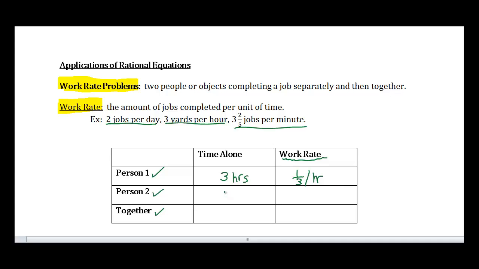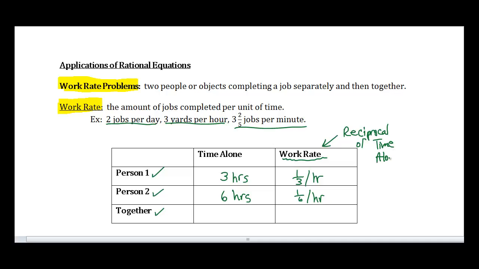Or another person might take 6 hours to do a job. Then their work rate is going to be 1/6 of the job per hour, since it takes them 6 whole hours, so in 1 hour they're going to do 1/6. If you notice, the reciprocal of 3 is 1/3, and the reciprocal of 6 is 1/6. So in order for us to find the work rate, all we have to do is take the reciprocal of their time